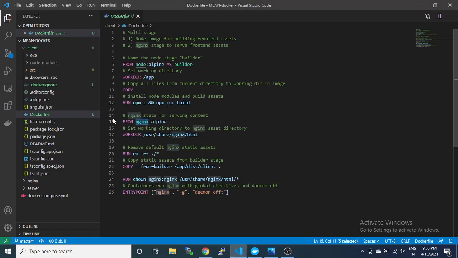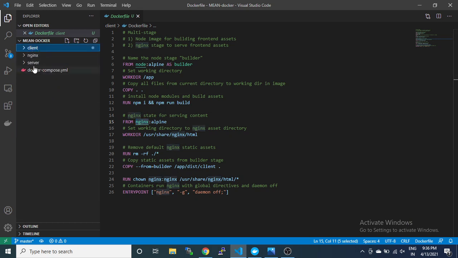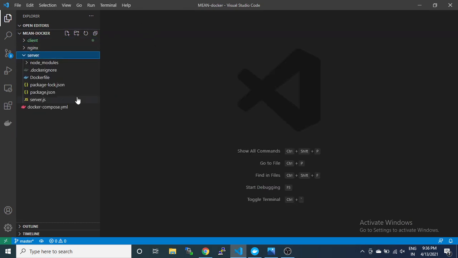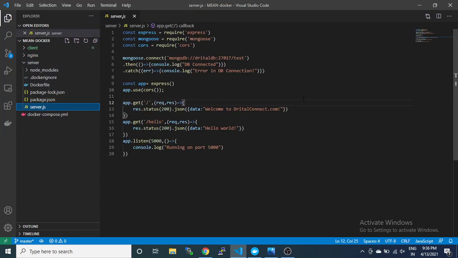Okay, so the next step, you can see that we have a server. And this server has only a single file, server.js. It's an Express application. There is nothing more, only a database connection. So we have written a database connection here and enabled CORS, and there are only two routes here: get by root and by hello.